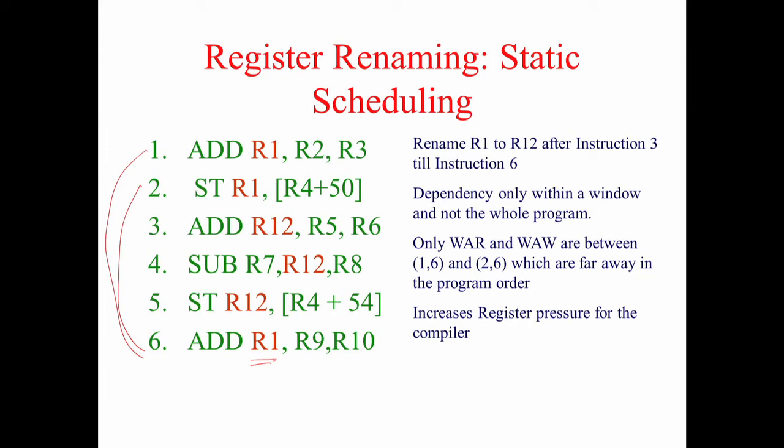And after doing that, there is only one more WAR or WAW, that is between 1 and 6 and 2 and 6, and now you see that this is much farther away, the window where 6 will enter into the CPU is much farther away from the windows of instructions 1 and 2, so I do not rename it, because by the time this one comes these two would have completed. Okay. So this is how we start processing the thing.